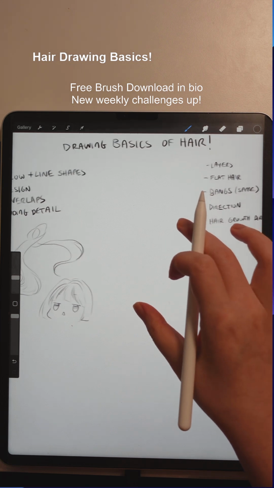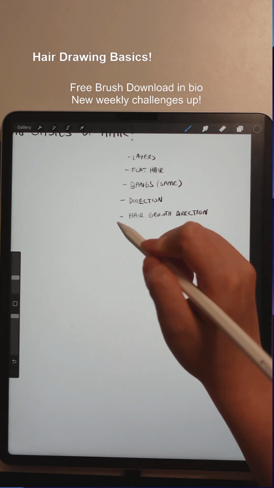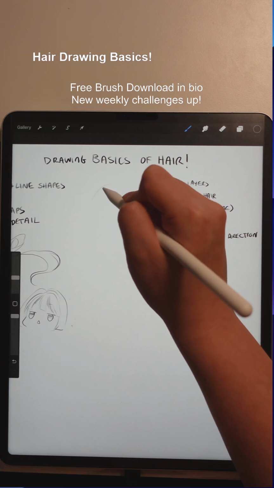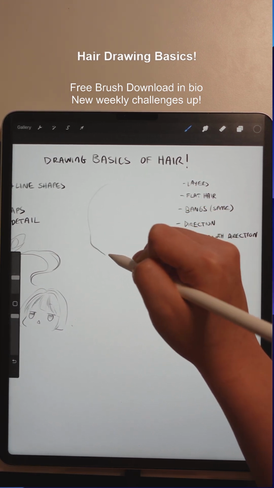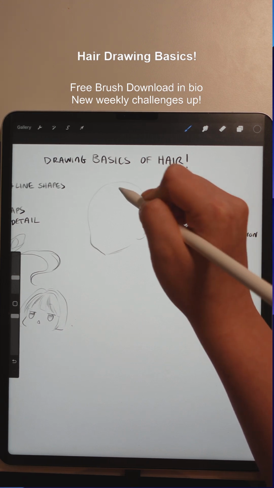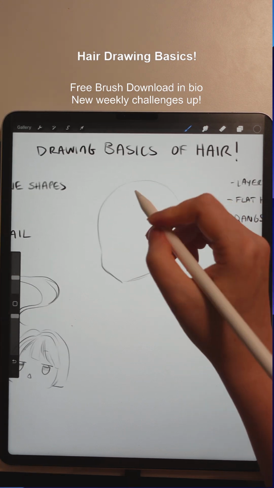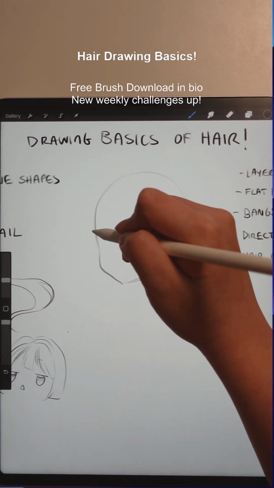So when it comes to drawing hair, I will just draw a few lines because I do want to talk about line shape. I will draw a head really quick here so that we can actually draw hair on top, and I don't have to draw it later. I'll probably zoom in just a little bit. So when you're drawing hair,